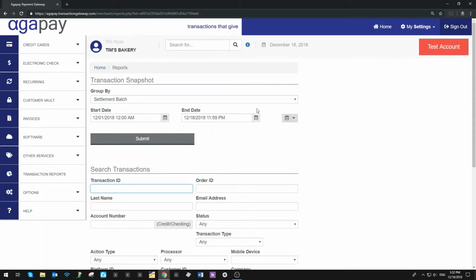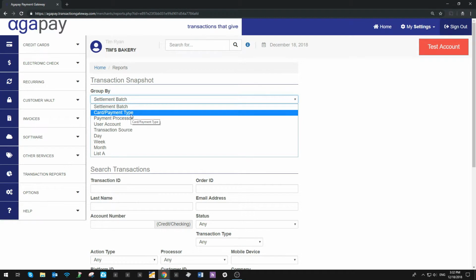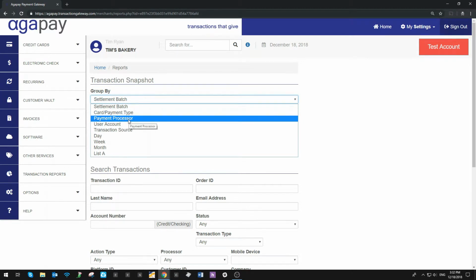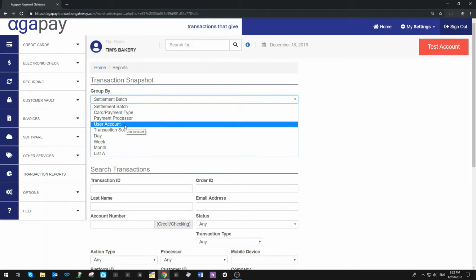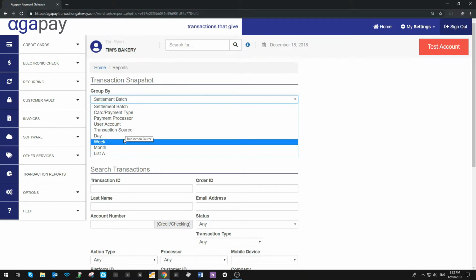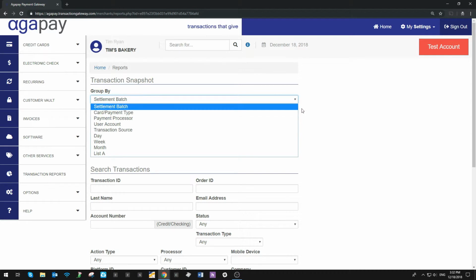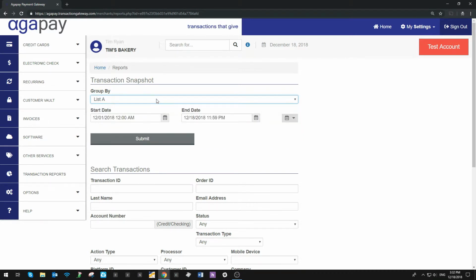Anytime you go to the search, it's going to bring you to this main search page, and you have two different ways of finding transactions. You can either do a transaction snapshot, which gives you the opportunity to select by batch, by card payment type, by processor if you have that option, by user account, so who ran the transactions on which account, the source, what the source of the account was, a specific day, week, or month, or you can list a